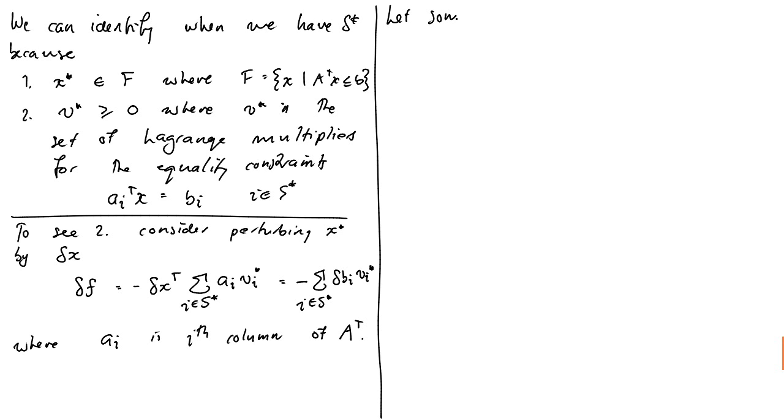So let VI star be less than 0, e.g. we'll just use the first one, and let X star plus delta X be the optimizer